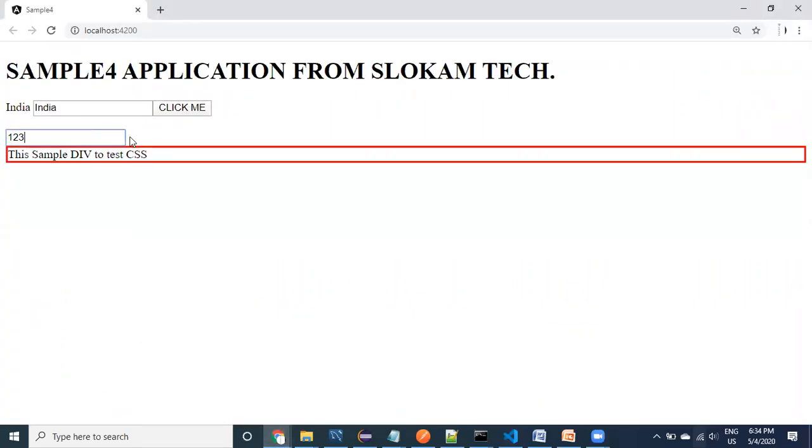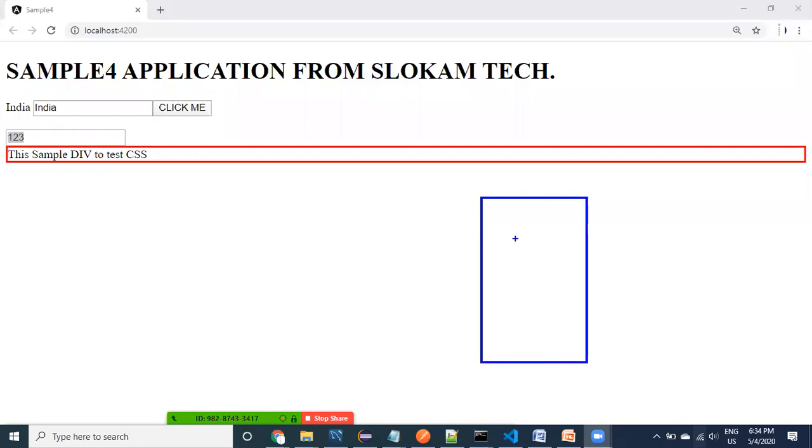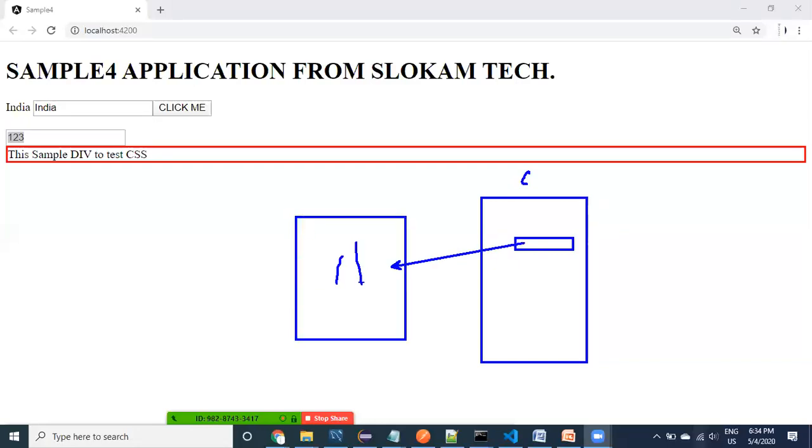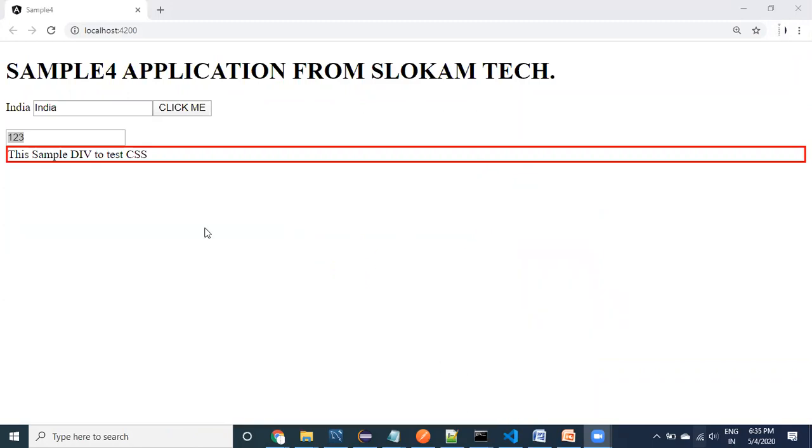See here guys, this text box got assigned with this 1 2 3. This property value got assigned to this one. What does that mean? From the component class you can take multiple properties, and you can bind them in the HTML. Methods can also be bound. To assign methods we need to use event binding. To assign properties we can use property binding. Let us look at it guys.